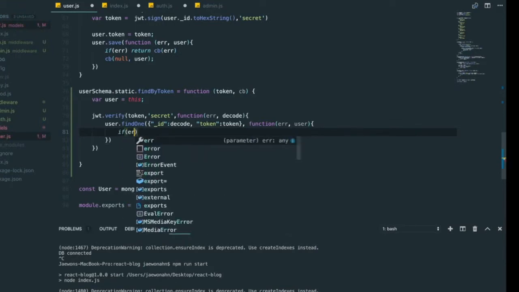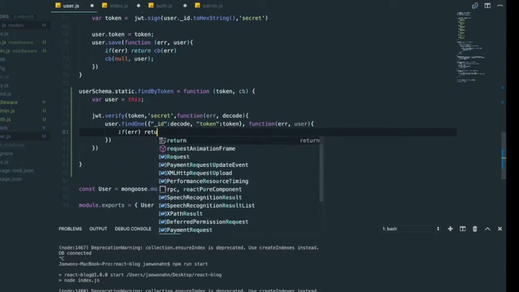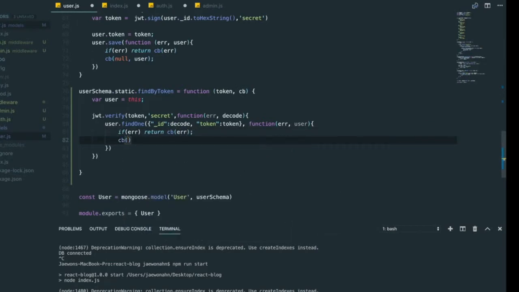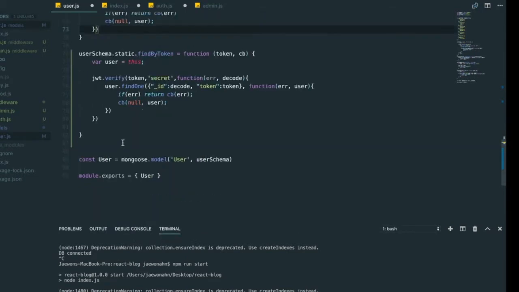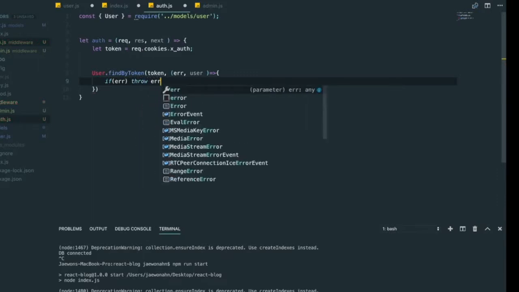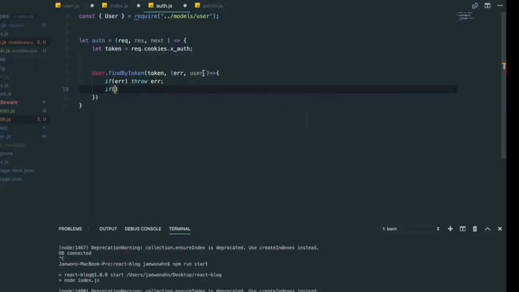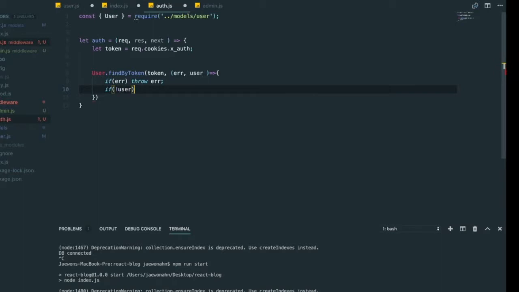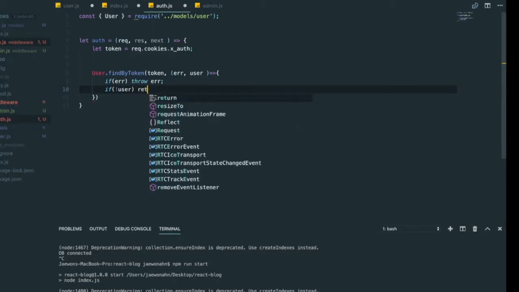So we do this again. That error. We found the user. There is no error and user information. So we send this callback into auth.js in here. So if we get error in here, we do this again, throw error. And if we didn't get this user, then yes,